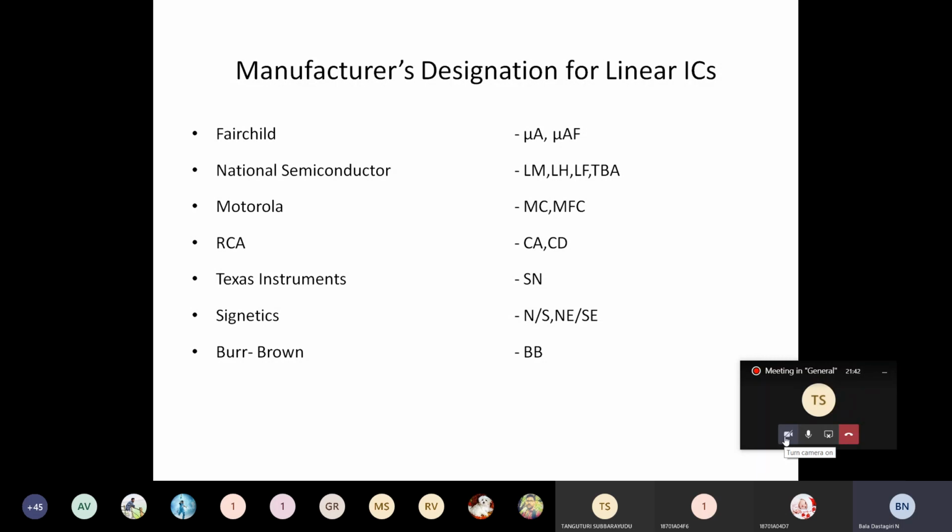Whenever you are getting an IC, the IC number will be written on the top of the IC. You might have seen that in the lab also. In the digital lab also, the part number of the IC will be written on the top of that IC, which consists of the details regarding the manufacturer as well as the IC details. If you type that number in Google, you can find the data sheet of the IC, consisting of everything.